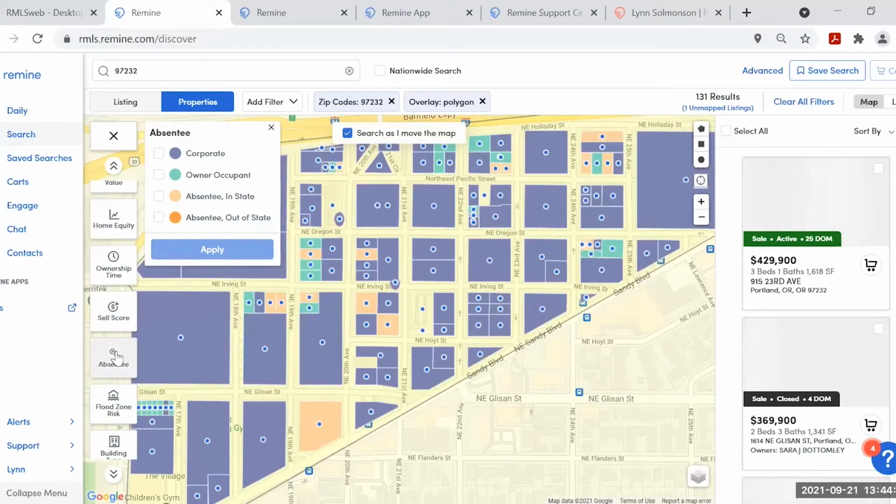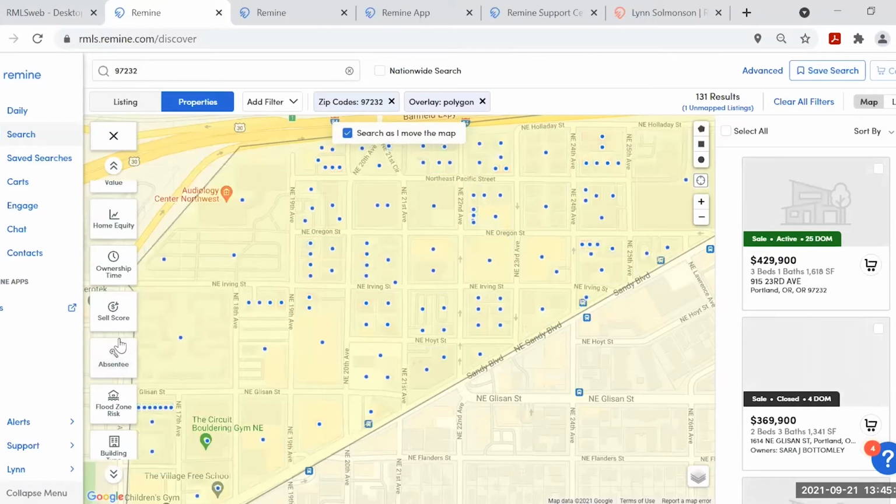Absentee, one thing about absentee, if you see corporate or absentee, there are times where a property is moved into a trust. My particular property where I live shows as corporate owned when I moved it into a trust. So that is also not an exact science, but I have had people wanting to use the absentee option to do postcard mailings to potential renters, thinking that those absentee properties might have renters in them, trying to find some first-time home buyers. So people will use that filter sometimes in that way.